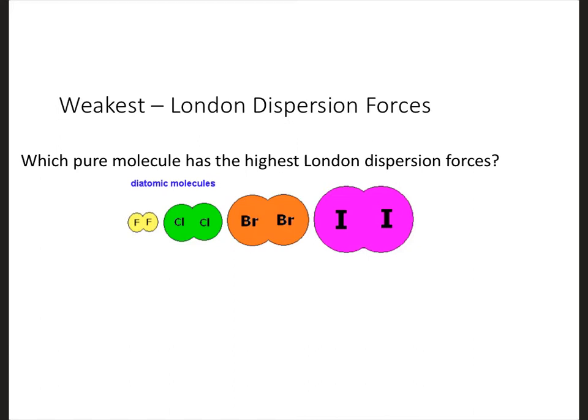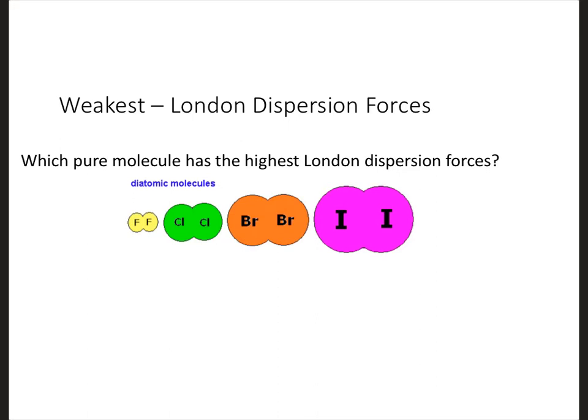If you're looking at a periodic table, fluorine is at the top of the halogens, then it's chlorine, then we have bromine, and we have iodine as we go down that column. So they're getting from lowest mass to highest mass. So which one is going to have the strongest London dispersion forces? The iodine, right? The mass got bigger, the molecules got bigger,